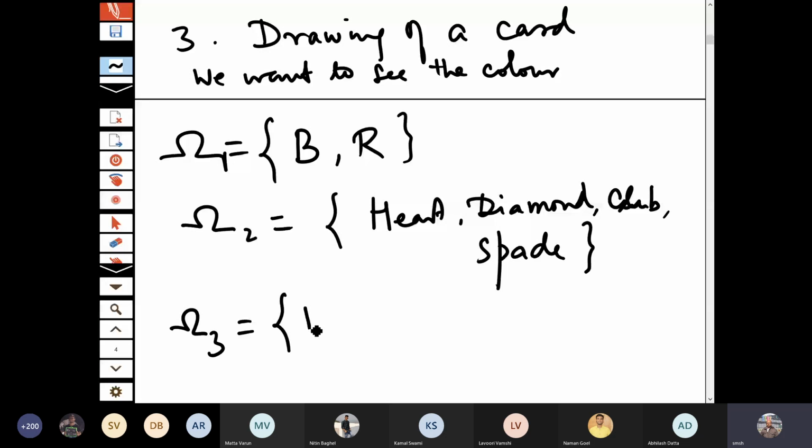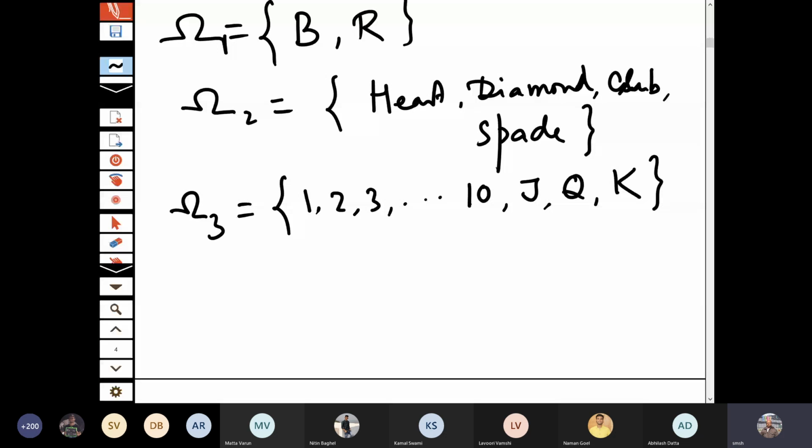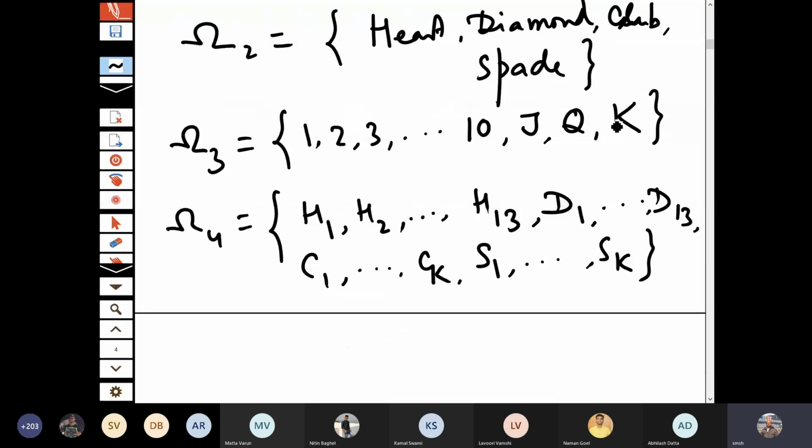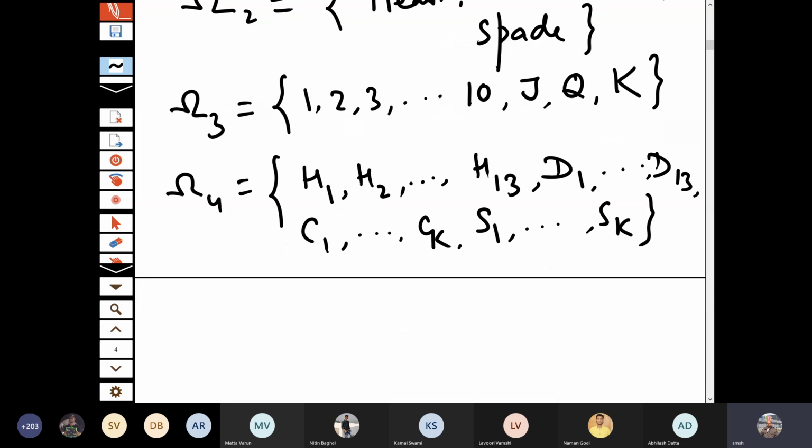We may like to see what is the value of the card. For example, it could be ace, 2, 3, and so on, for example 10, or it could be jack, queen, or king. Or it could be purely what is the card. In that case, you may have to say it's a 1 of heart, or a 2 of heart, or a king of heart, or a diamond ace, diamond king, club ace, or club king, or spade ace, or spade king, and so on. So you may have the full description. Of course, we may write it in uniform notation. 13 I am writing here. So let me put here